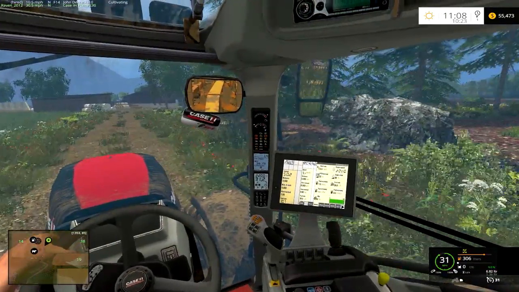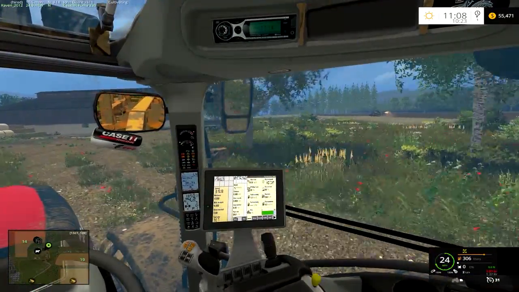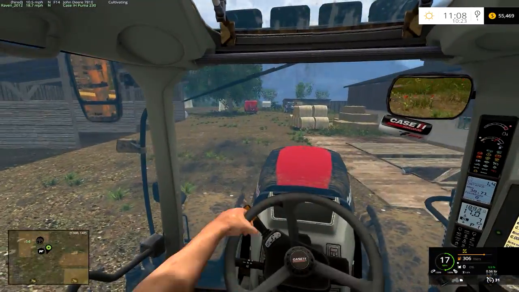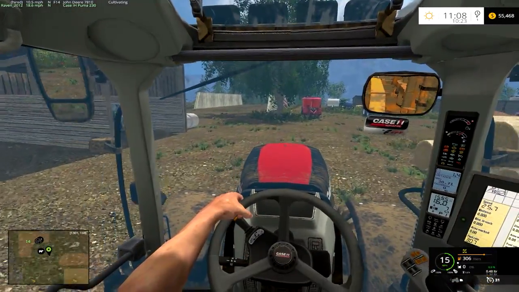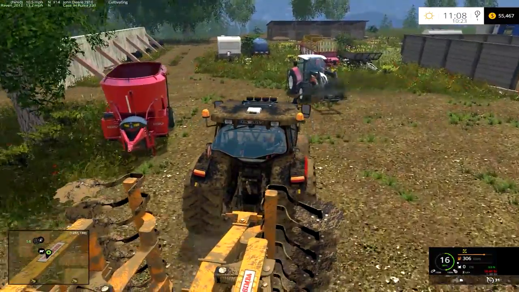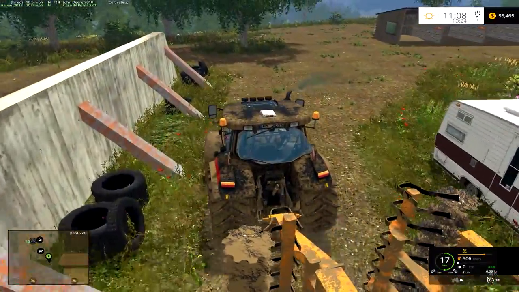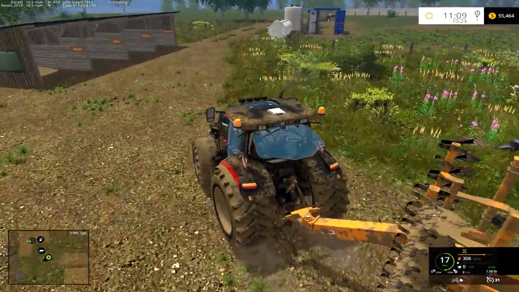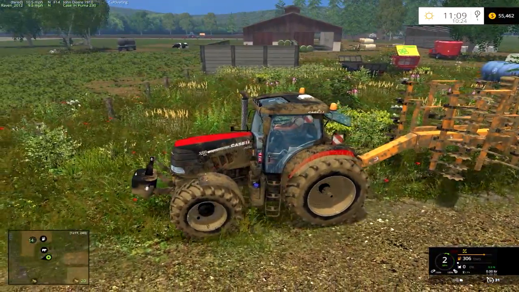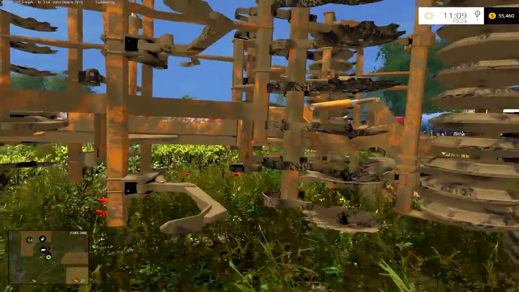So I have my little tractor out there with the fuel bowser. I had to refill that John Deere. This fuel consumption mod, I kind of like it. It's eating through my fuel like it would in real life, I would assume. Because normally if I didn't have that in there, I wouldn't have to fuel up that often. But now my vehicles are eating through...